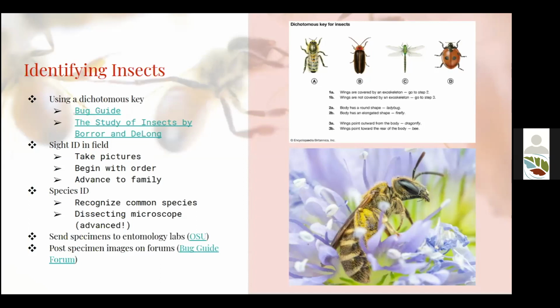And really the only way to advance is to practice and to use dichotomous keys and start working through narrowing it down. And the best way to do that is to either collect or take a picture, make really important or really specific notes about what you're seeing, and then use those resources at your own pace later.